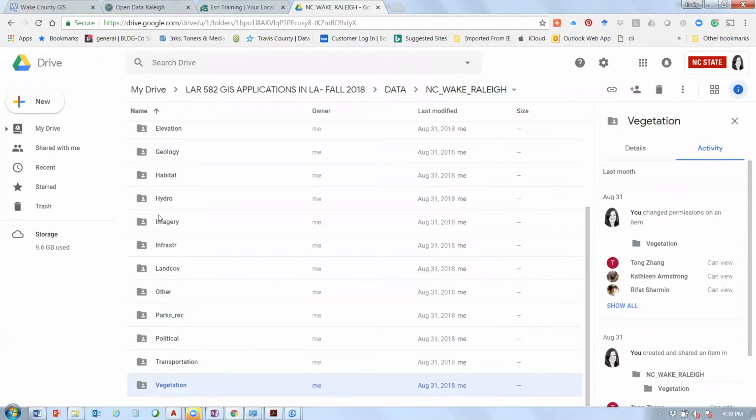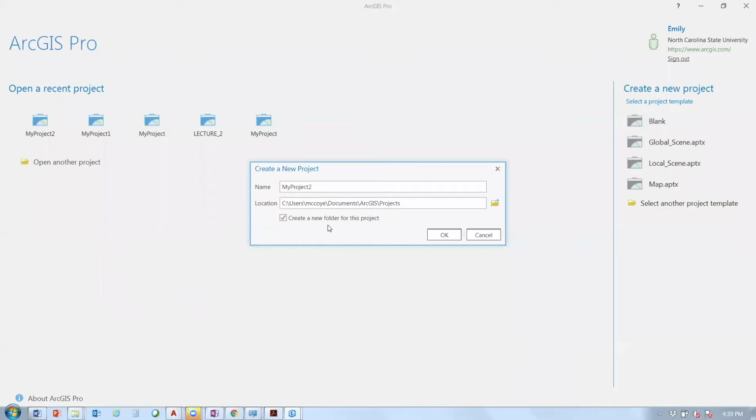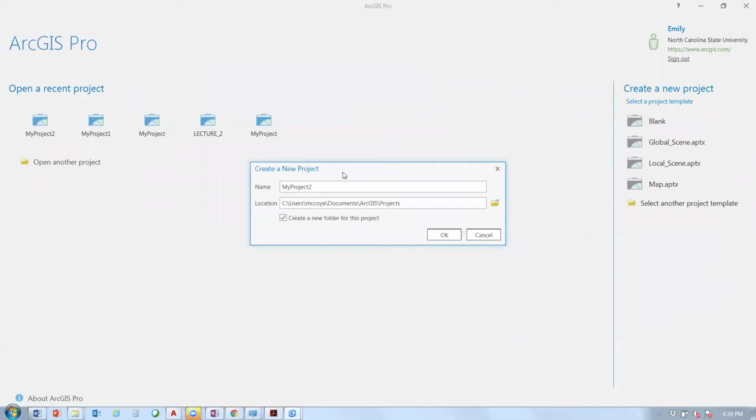So hopefully you have downloaded that to your external hard drive. And then once you do that, we can follow along with this lecture. So back to ArcGIS Pro, you'll see we're creating a new project. I'm going to call this lecture